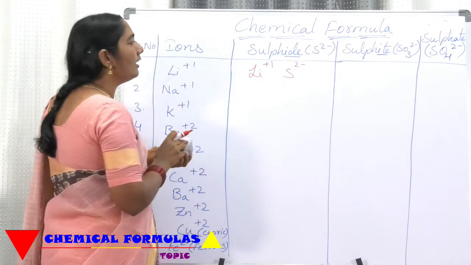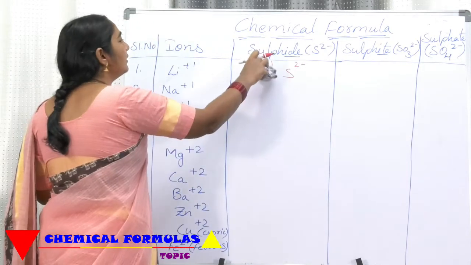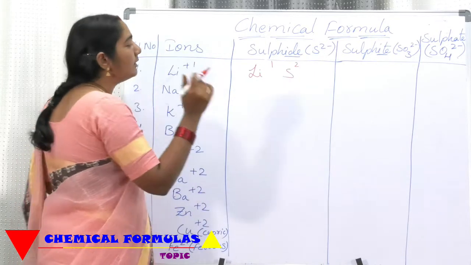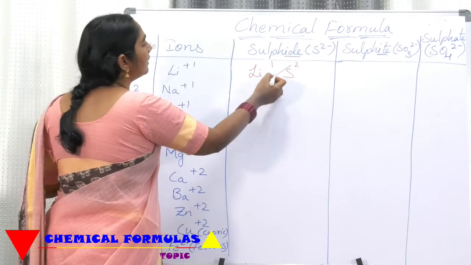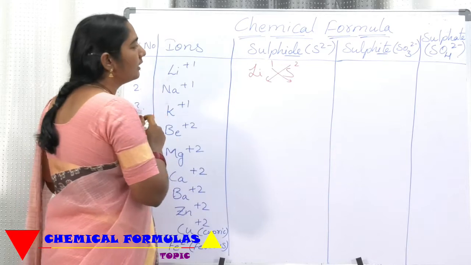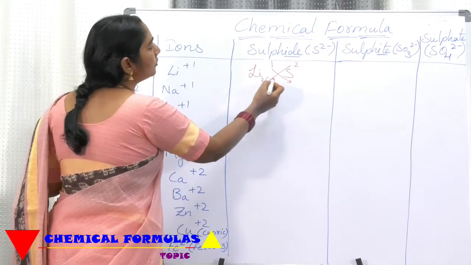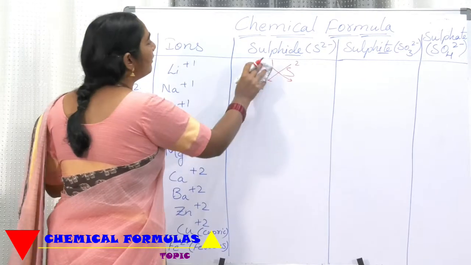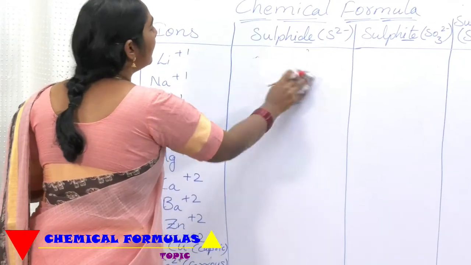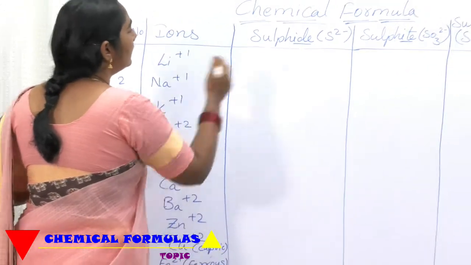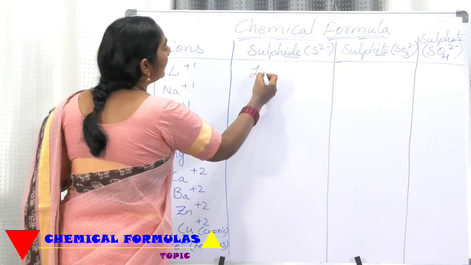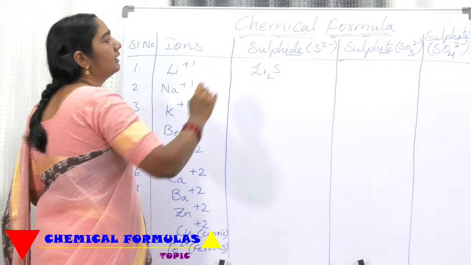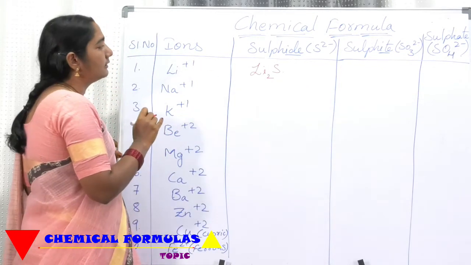When we are taking the valences, we need not take the symbol. Remember, we need not go for any symbol. Just eliminate it. Now, this 2 will come here and this 1 is going to go there. Means Li2S1. Where there is 1, we need not put 1. So, the final formula is Li2S. Lithium sulfide is Li2S.